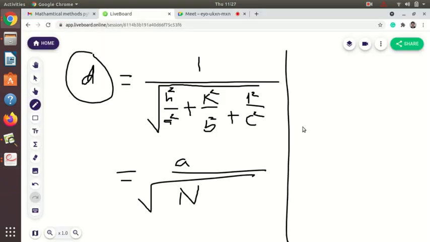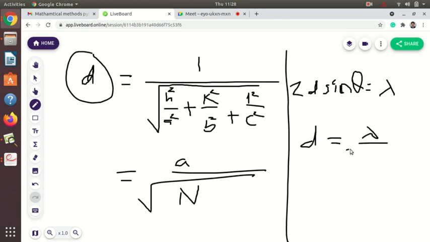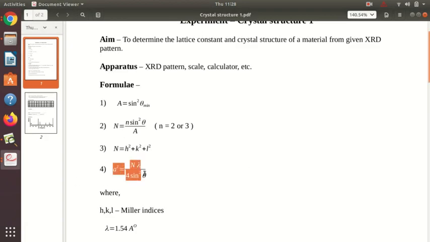We have one more formula using Bragg's diffraction law. We know 2d sine theta is equal to n lambda, or for n equal to 1, just lambda. So from this also I can get d is equal to lambda upon 2 sine theta. If I compare these two formulas, I get a upon root n is equal to lambda upon 2 sine theta. I want the value of a, so I can rearrange for this. So I will get a is equal to lambda into root n upon 2 sine theta. If we square this, what we will get? We will get a square is equal to